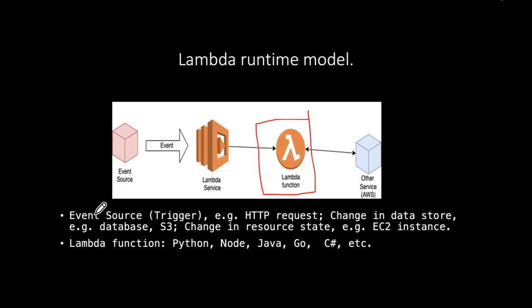So that's the event source. The Lambda function itself, this bit over here, that's the functionality that we write, and we can write it in any language we want. The Lambda function, in terms of what it does, it can communicate with any other service. The simplest example might be it's talking to the DynamoDB service. But it can communicate with any other service, and we will see lots of examples of that as we work our way through.